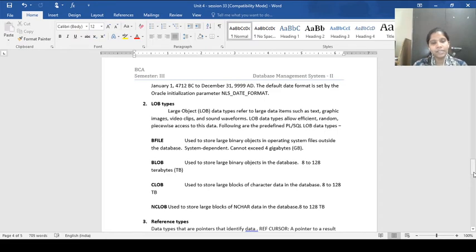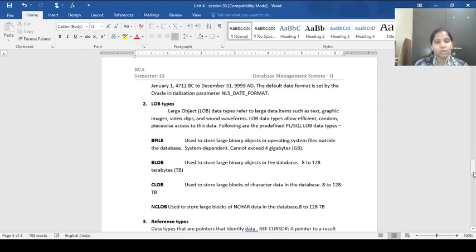The next subtype is CLOB, which is used to store large blocks of character data, not binary data, in the database, and the size ranges from 8 to 128 TB. The next LOB type is NCLOB, which is used to store large blocks of NCHAR data in the database. It also ranges from 8 to 128 TB.